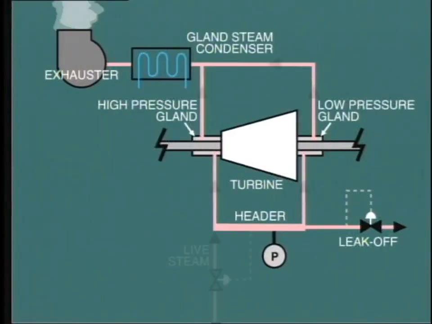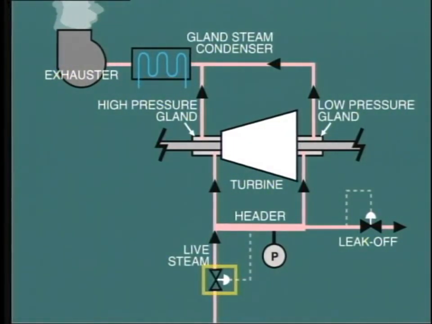But how does the system work when we're preparing for startup? In this situation, we need to pull a vacuum in the turbine and condenser before admitting any steam into the turbine. So in this condition, we have no leak-off steam. Instead, live steam is supplied to the gland steam header. The live steam supply valve is set to control the header pressure at about 3 psi